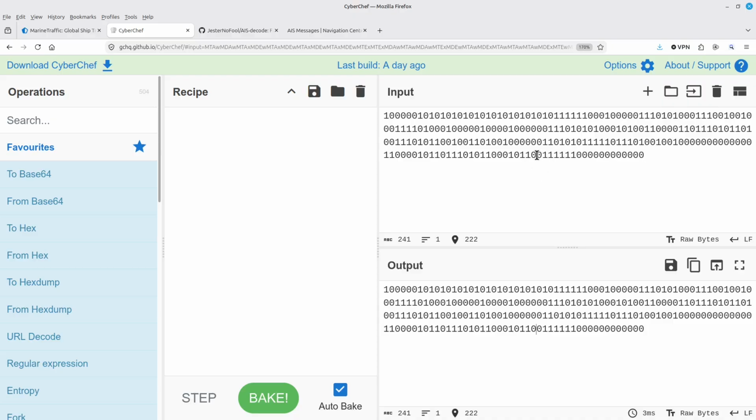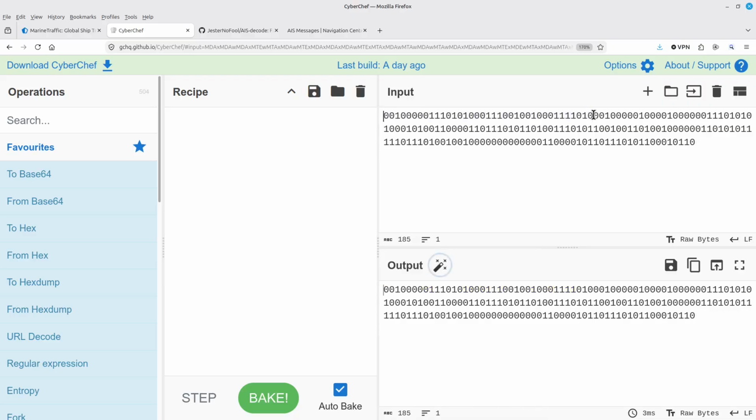First thing I'm going to do is get rid of the end flag and everything past it. So here is my end flag. Again, it's a 0 followed by 6 ones followed by another 0. I'm going to highlight at the beginning of it and then go all the way to the end and just hit delete. I'm going to do the same thing with the start flag, except I'm going to start at the end of the start flag and go past it to everything at the beginning. So I now have all these random bits, the training sequence, those 1-0 reversals, followed by the start flag itself, and then just hit delete.